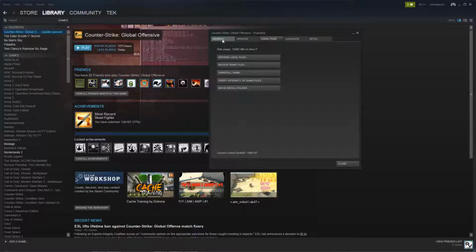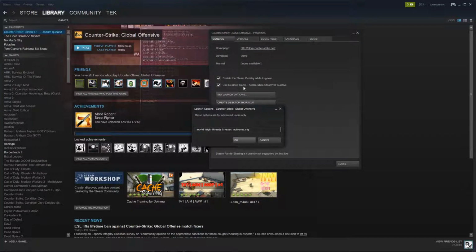Once you have that file saved, you're going to want to go back to your general, set launch options, and you're going to want to do +exec, which tells Counter-Strike, hey, I want to run the string after this. So this is going to be followed by a file. I want you to run that file, and paste in the name of your file there. So mine, obviously autoexec.cfg. This is just telling it, okay, Counter-Strike, I want to run this. This is a file I want to run. And then it's going to basically load all those into your command prompt window or your console window